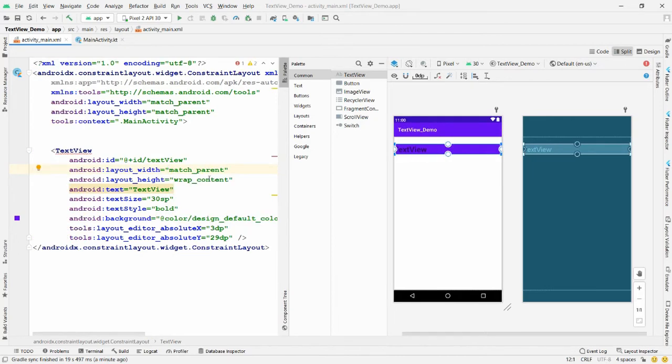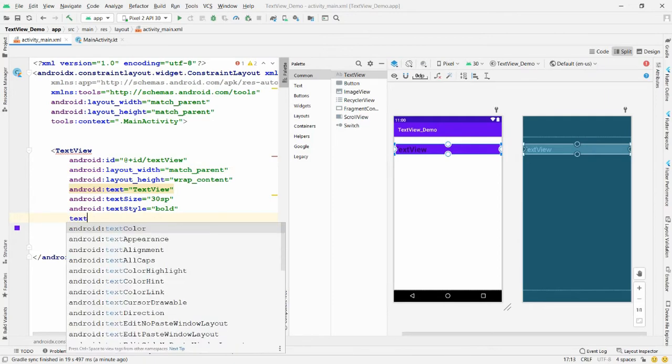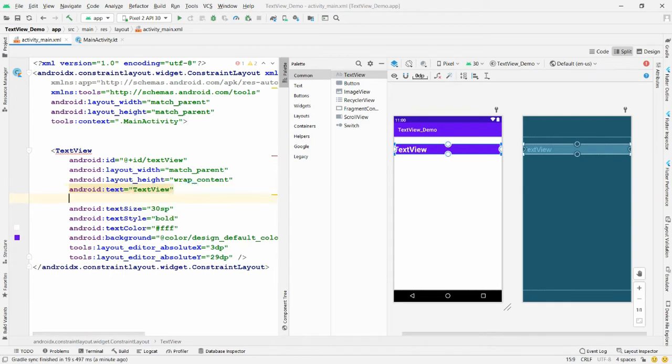I want the font color of the text to be white, so I'm setting the text color to #FFF, then it will be white. I want the text in the center, so I'm setting the property gravity center.